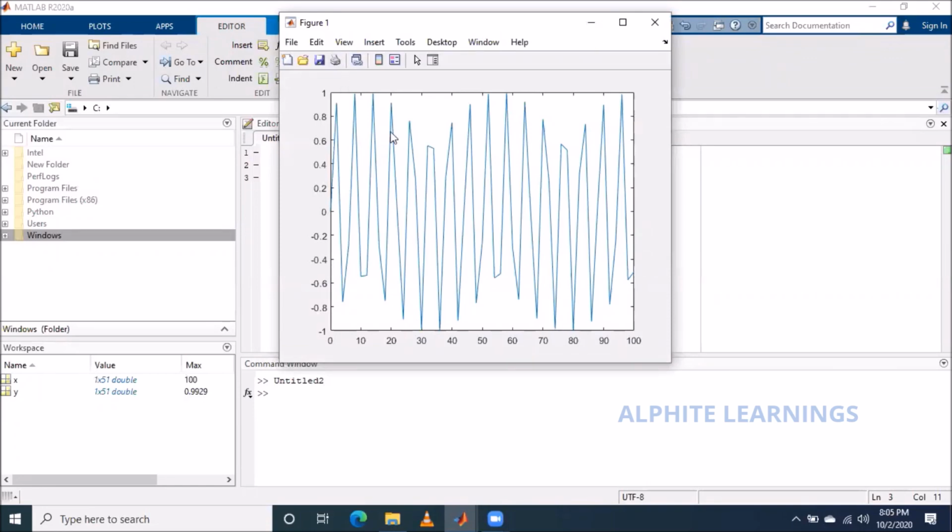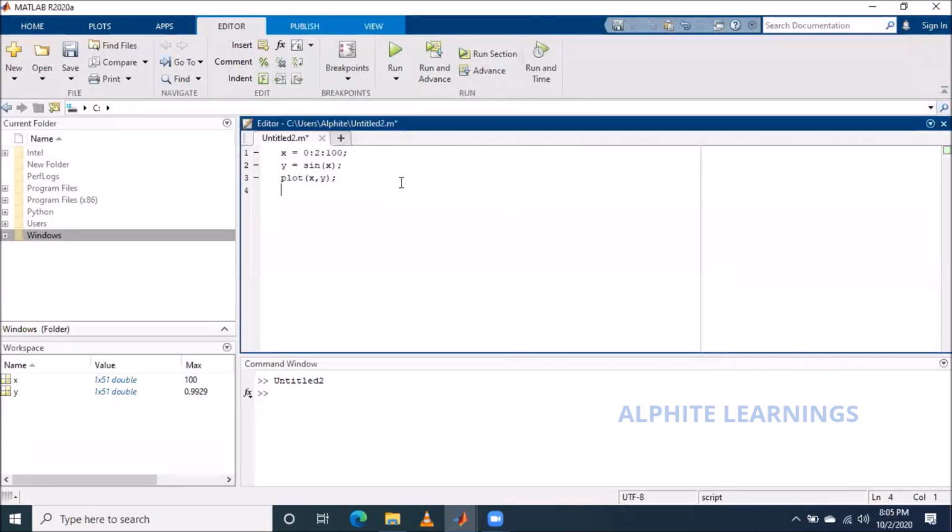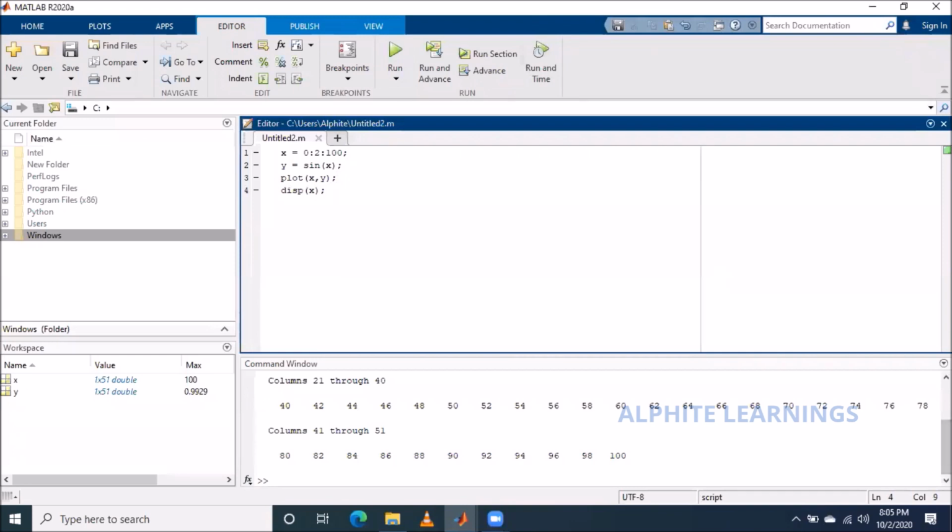What if I want to see the value of x? If I say display x, it displays the values, right? I have the x values, and correspondingly I'll be having the y values too, right?